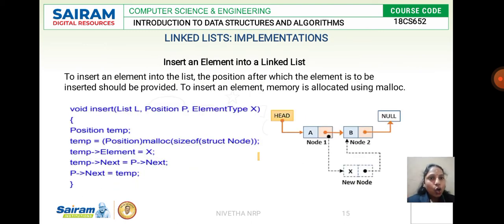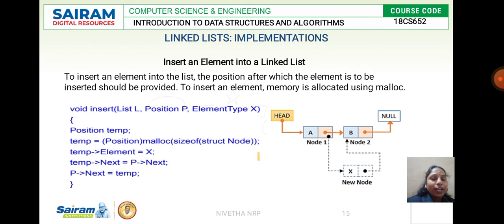Next, we'll see how to insert an element in a linked list. When you need to insert an element in a linked list, there are three cases. One is inserting an element as the starting node, or inserting an element at the last node, or inserting an element at an intermediate node. So your code varies according to where the data has to be inserted, and this is the common code which is holding the second case, that is, we are going to insert an element in the intermediate node.